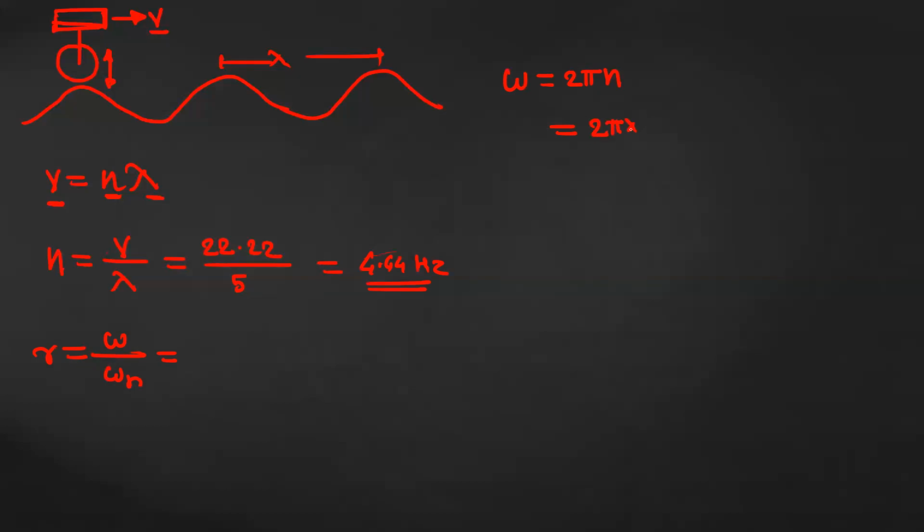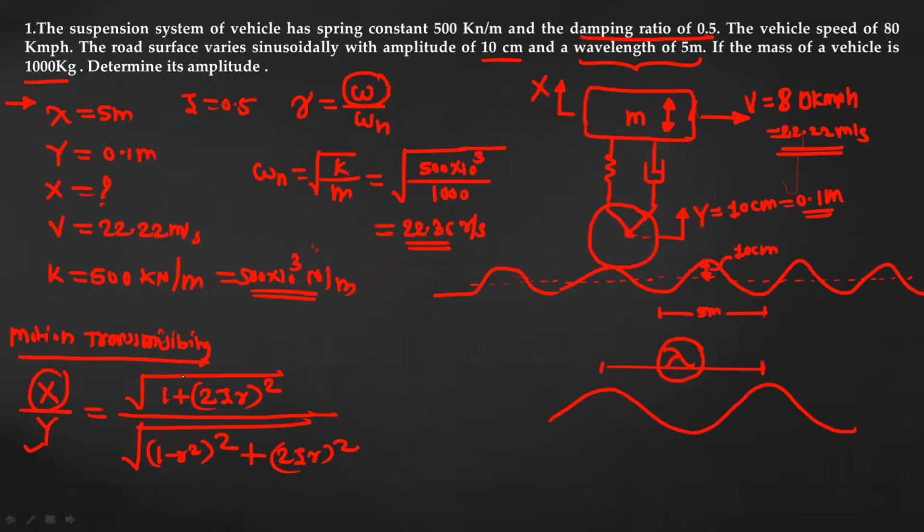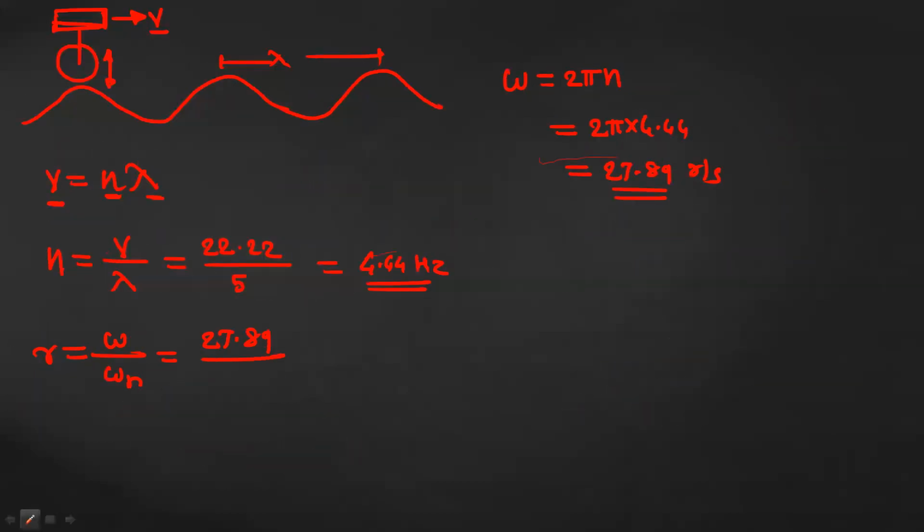So this is 2 pi into 4.44, which is 27.89 radian per second. Okay, so this frequency will be 27.89 and the natural frequency omega n is 22.36. So the frequency ratio is 1